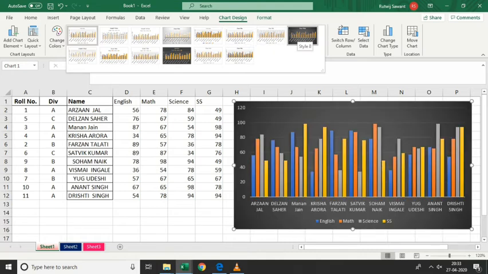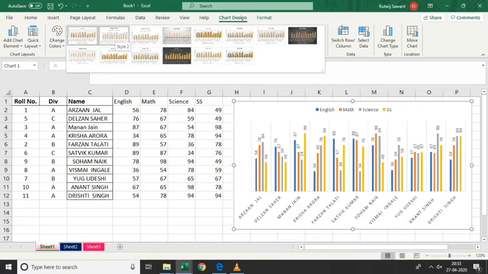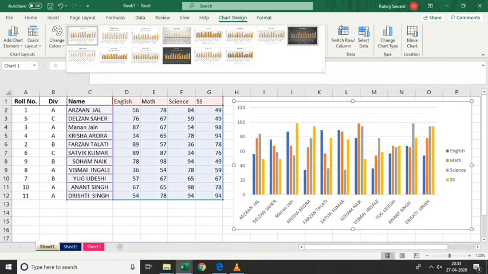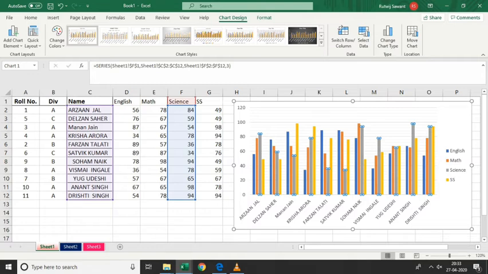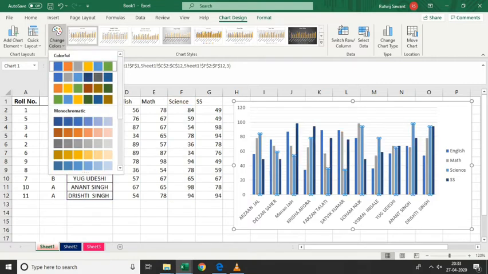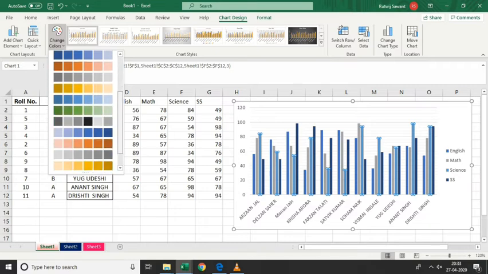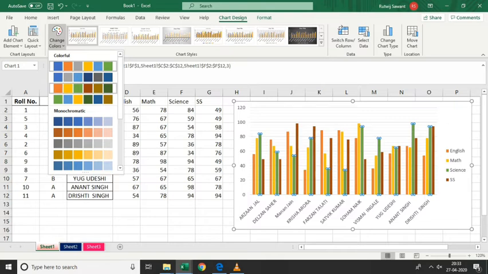Now suppose I want to change the color of my science data series. So I'll select that and go over here and apply some color. But you can see it's applying to my entire chart.